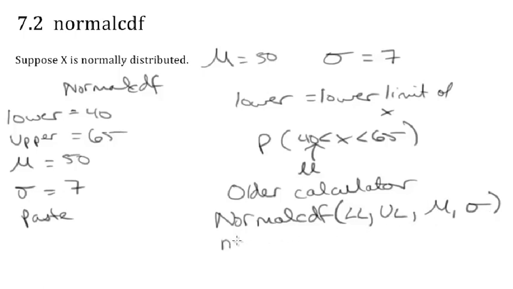So on an older calculator, just like the one I have, it's going to be normal CDF of 40 to 65, a mean of 50, a standard deviation of 7, and whether you have your calculator look like this or like this,